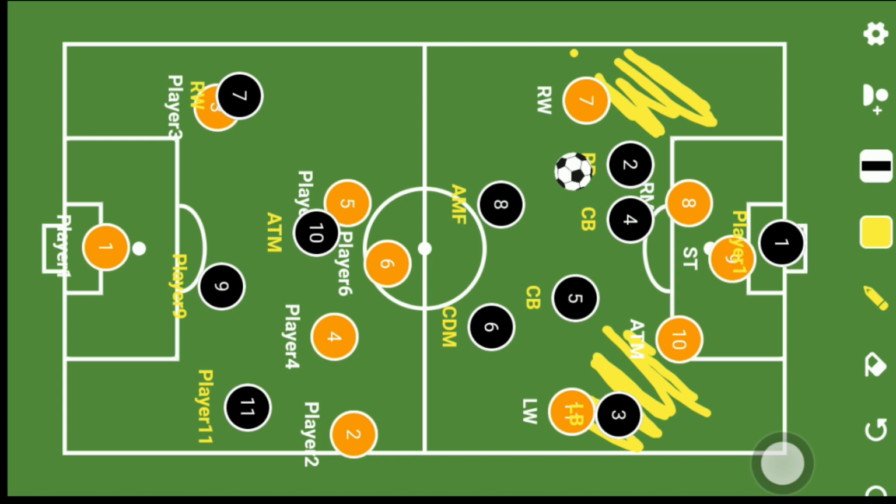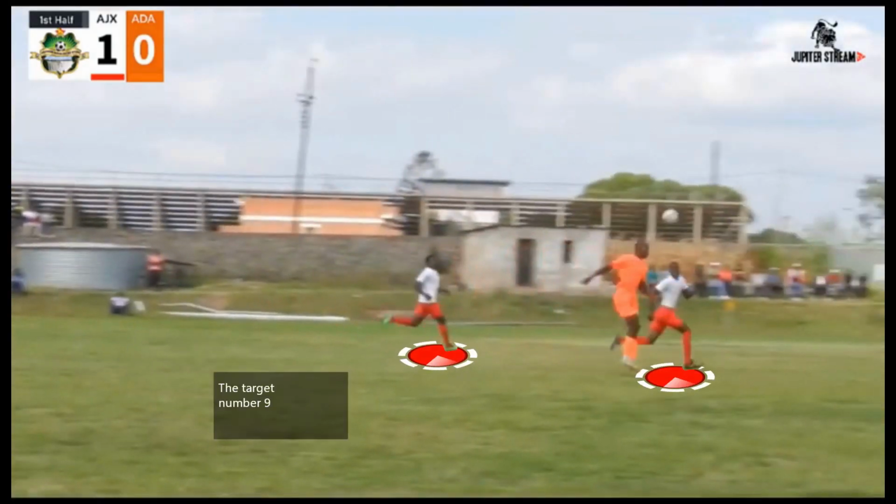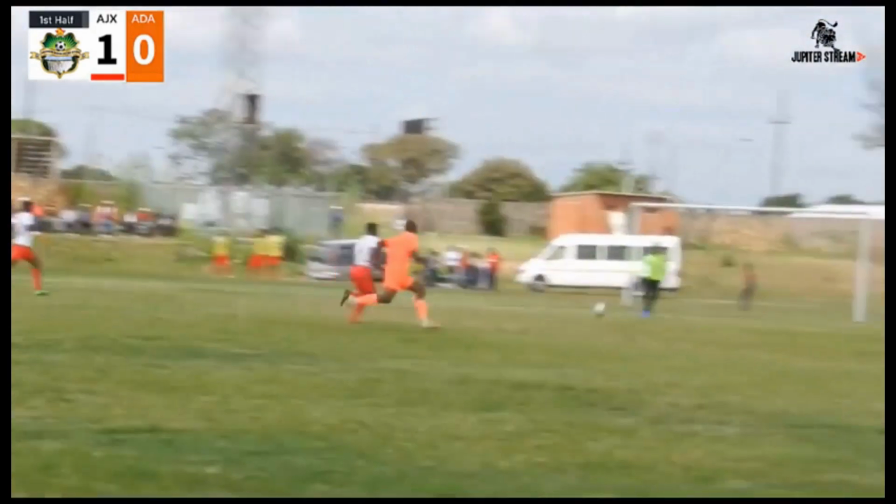So what you should do is you should force them to play directly, because they don't have players who are very good on their feet. So force them to play directly. That's all that I have to say for you concerning beating Adachi. Thank you very much. So these are some videos that are going to be playing, that you